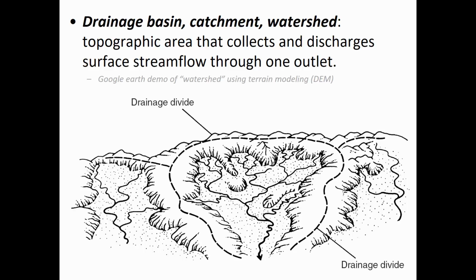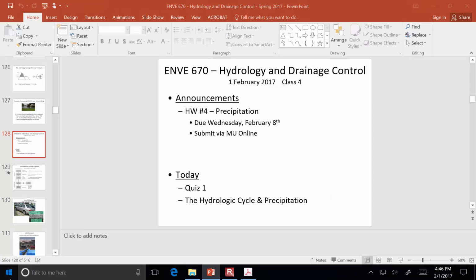Okay, part of being able to understand the movement of water through the environment is having a good conceptual understanding of a watershed. There's a few different names that we can use for a watershed. Sometimes it's called a catchment or a drainage basin. In the UAE, they call them wadis. Probably lots of other places across the Middle East. But what I wanted to do was just show you